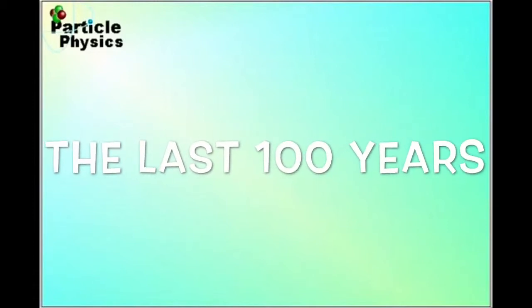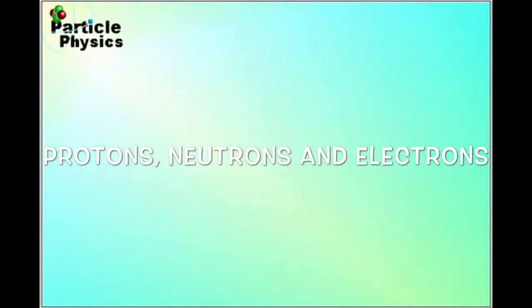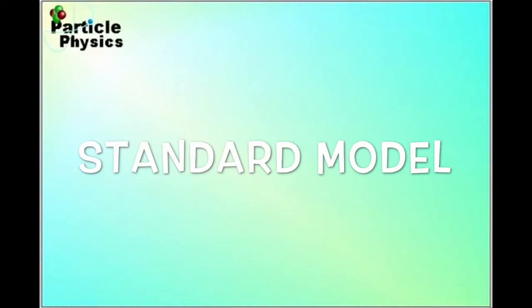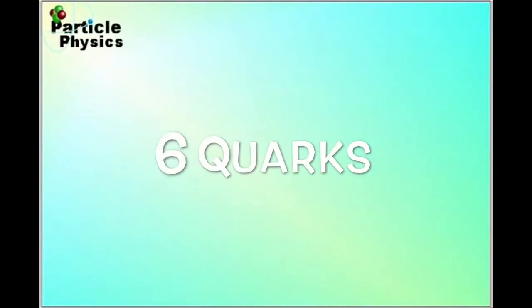First of all, we need a little overview of where we are in particle physics. We've had about 100 years of research leading us from old ideas about the atom through to the particles that are the constituents of the atom, through to the particles that are the constituents of those subatomic particles, right down to things like the group of 6 leptons and the group of 6 quarks, which make up all the known things that we can find in the universe.